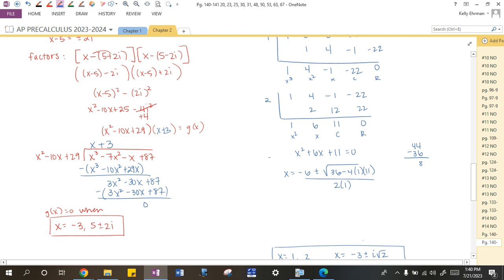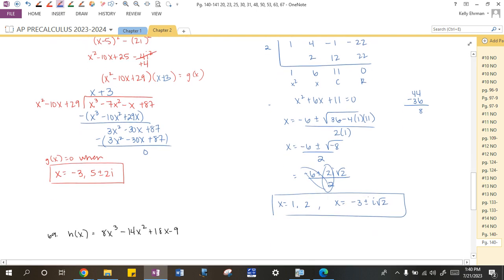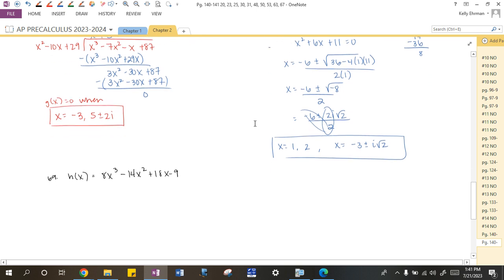This is going to be negative, though. Negative 6 plus or minus the square root of negative 8, all over 2. That's negative 6 plus or minus 2i radical 2, all over 2. Divide negative 6 by 2 and 2i by 2, and that's where I got negative 3 plus or minus i radical 2. Don't forget to also list the 2 that came from the calculator. Okay, final